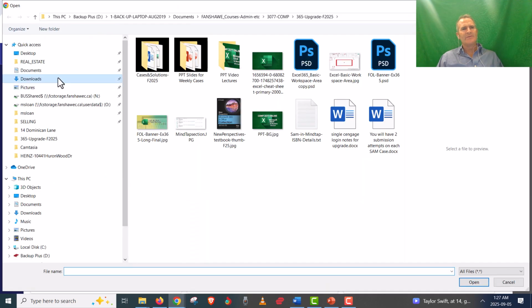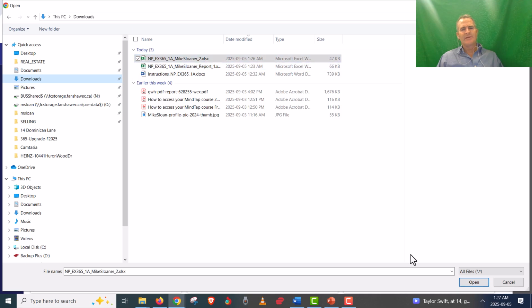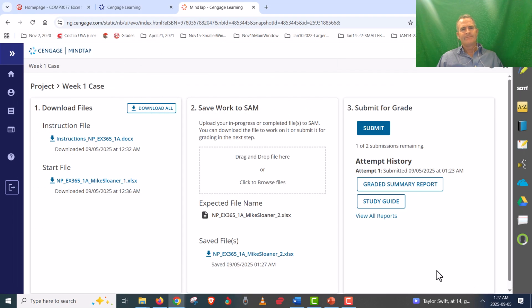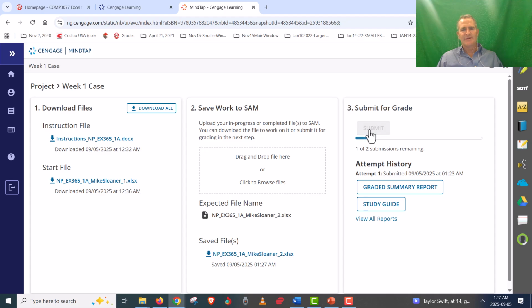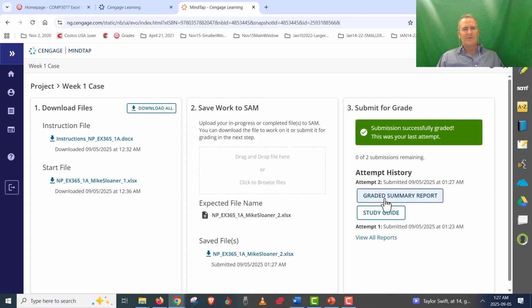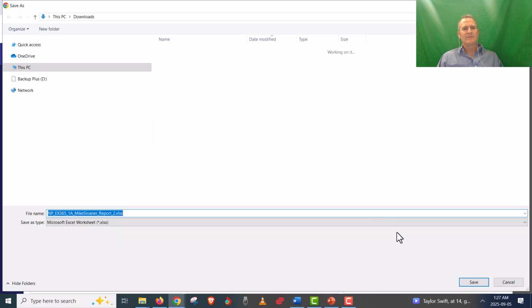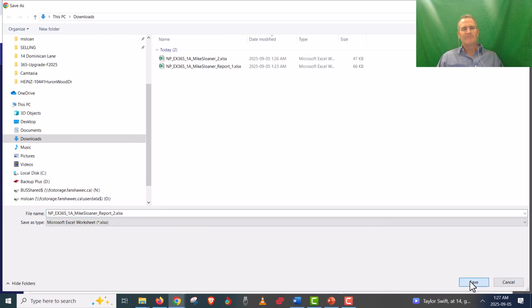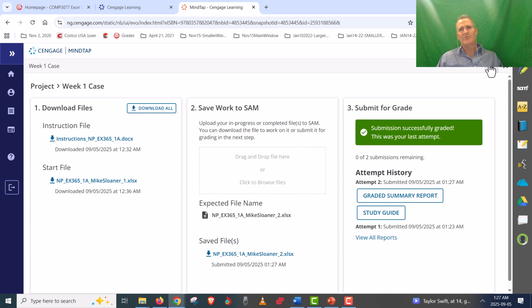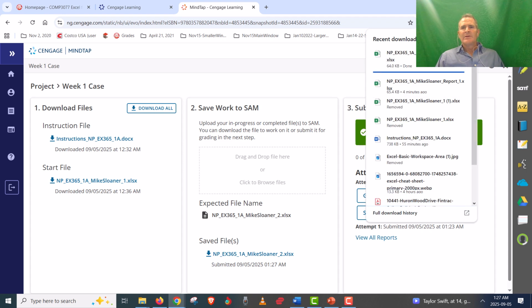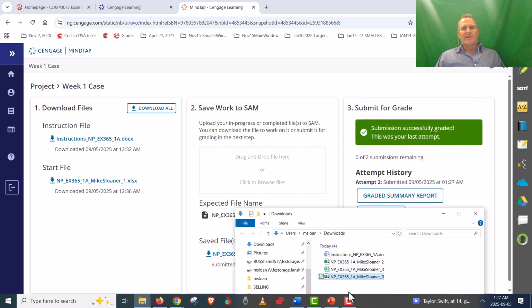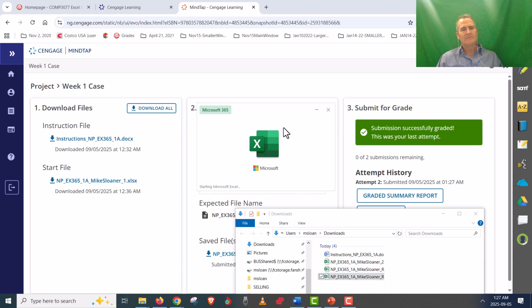And then we go to downloads and we submit it again. And the file name's correct, so I hit submit. And now I go to grade report and I download my second grade report, which will have a different name because it's grade report 2. And then I can go open that up and I should have 100%. And I will, because, you know,